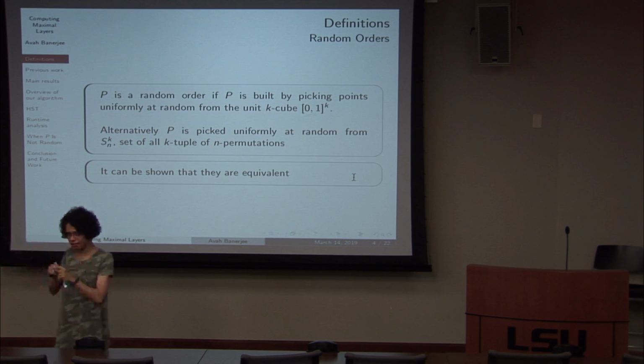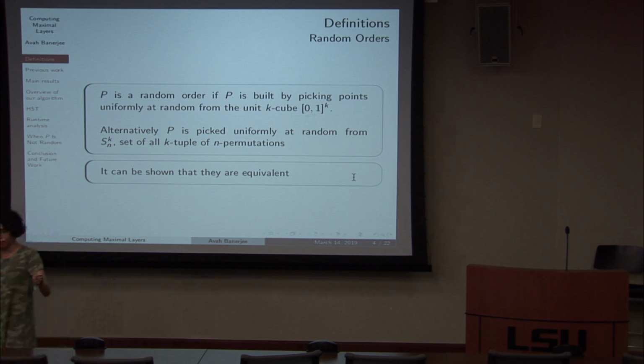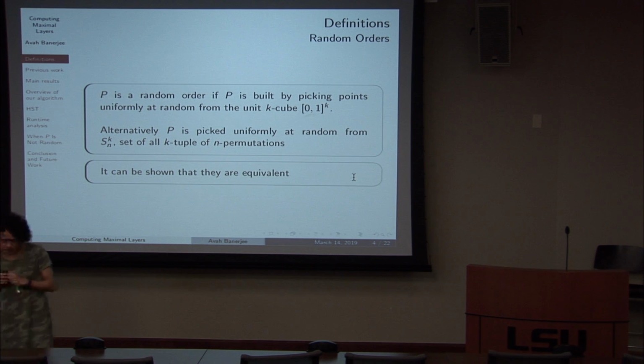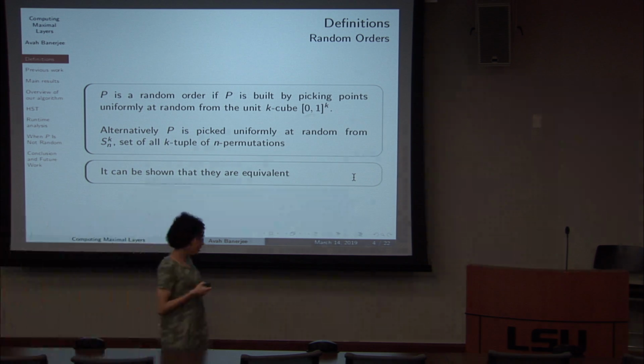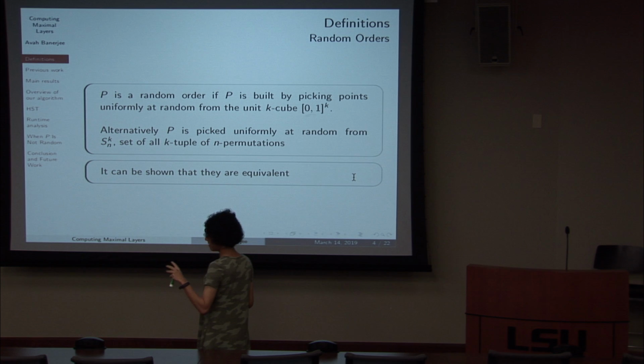So if I have a plane, I'm going to pick a random point by taking the x coordinate of that random point uniformly from the interval 0 to 1, and then independently picking the y coordinate of the point from the interval 0 to 1. And that generalizes to higher dimensions. This is exactly equivalent if P is picked uniformly at random from,